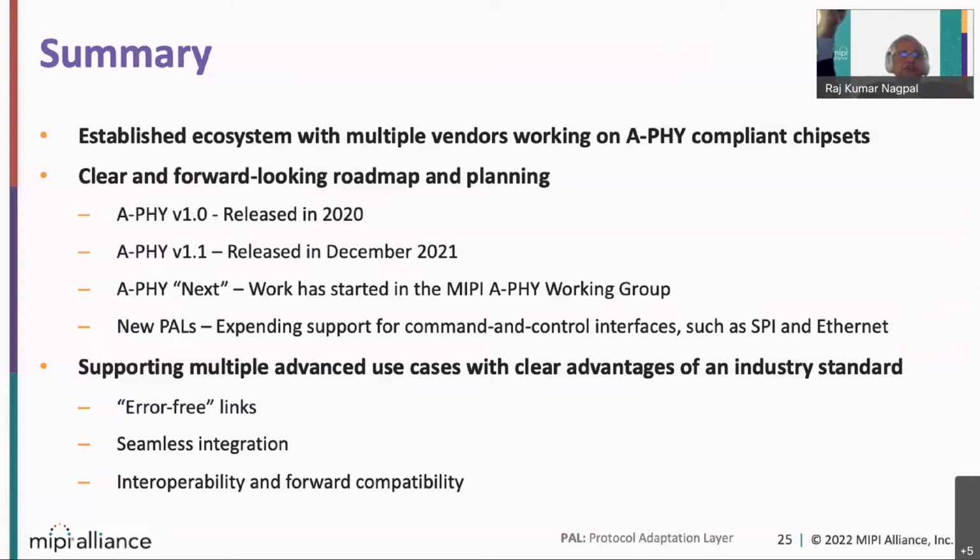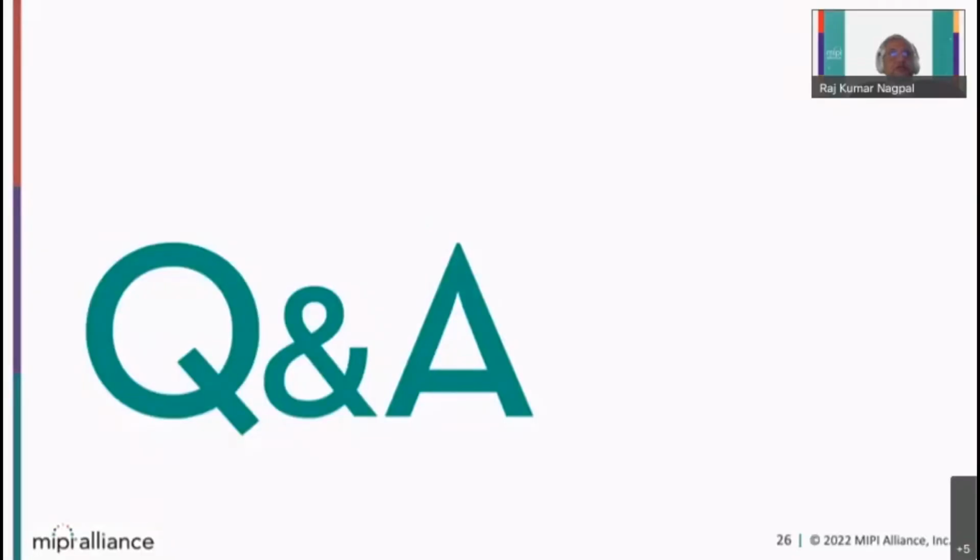4 gigabaud. Really speaking, packet error rate is basically related to symbol error rate. If you see, one packet consists of 1000 symbols. So a packet error rate of 10 to the power minus 19 is basically a symbol error rate of 10 to the power minus 22 or so.